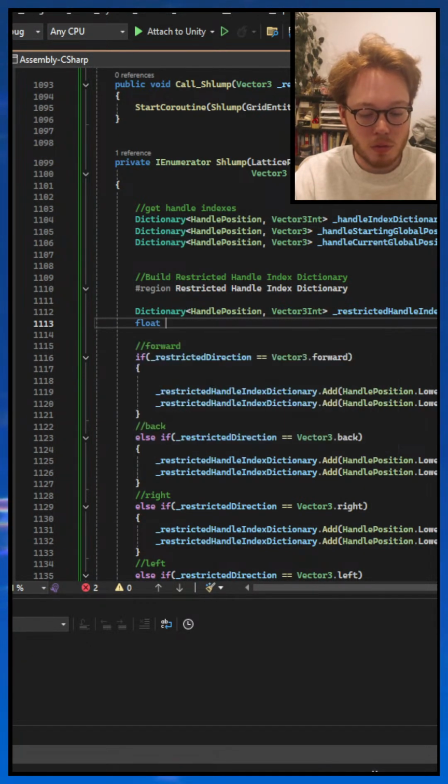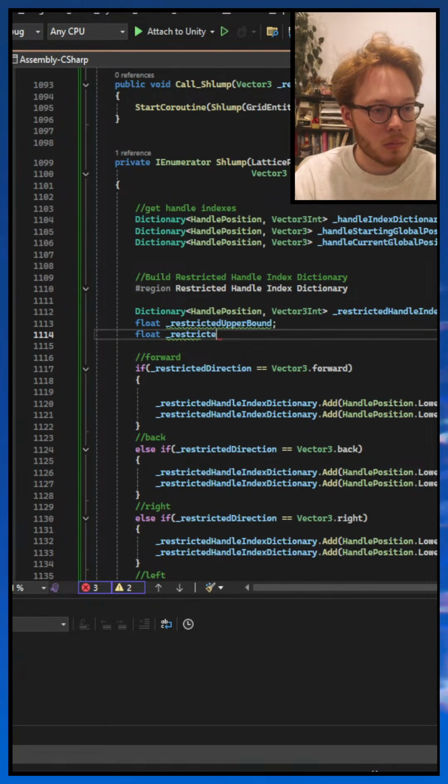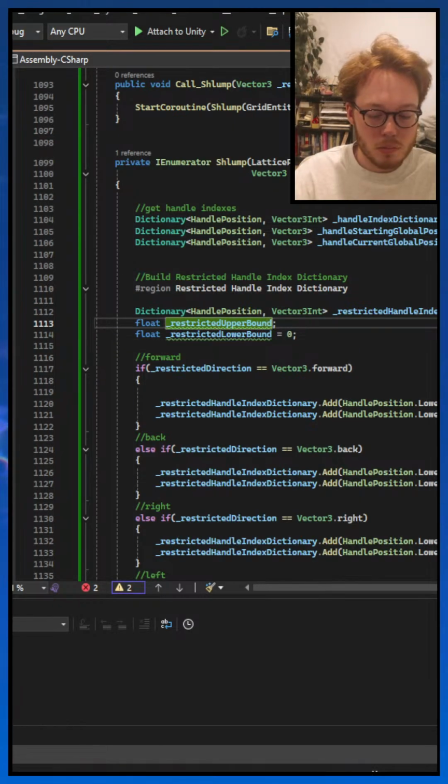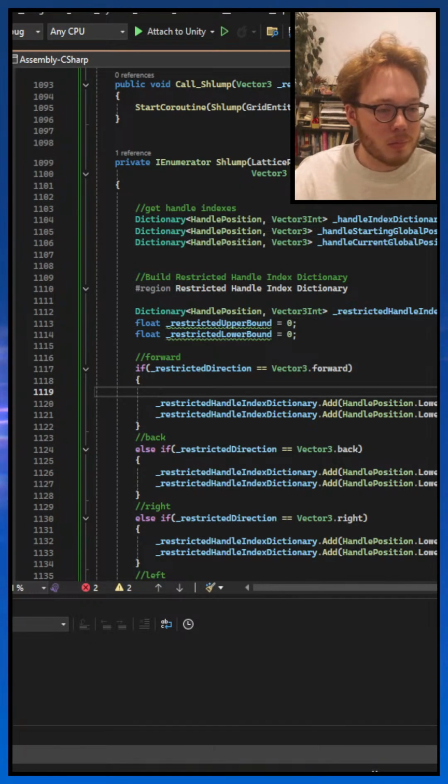It'd really be a float. Restricted upper bound in this case,